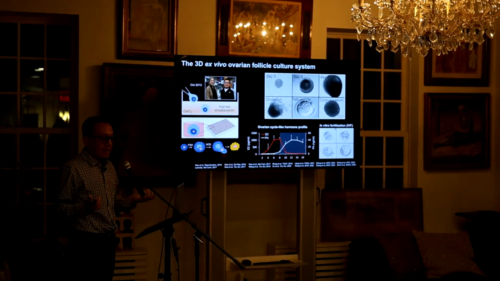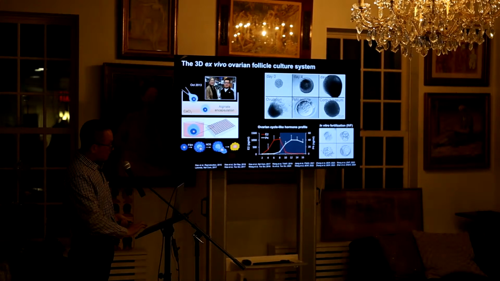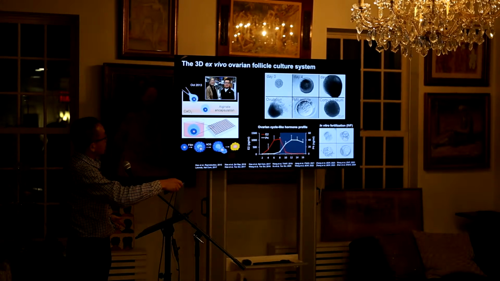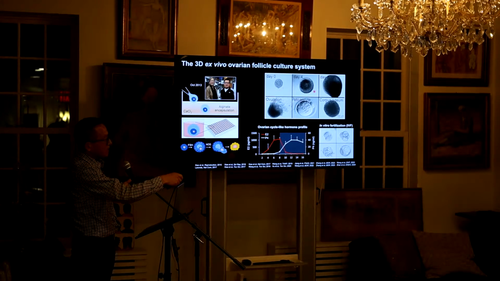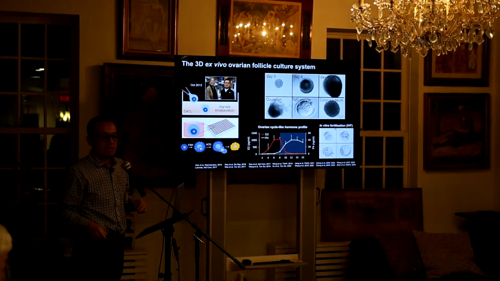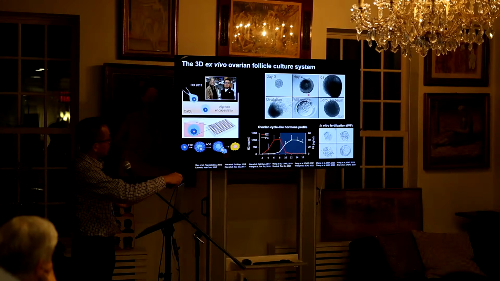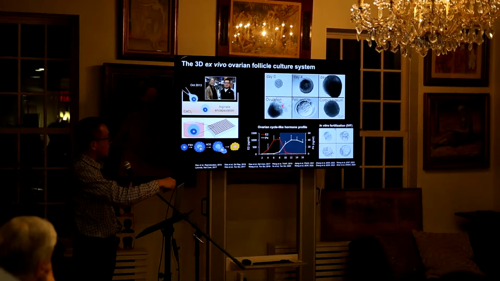And then they are pretty happy, they can grow, and we can give them FSH, and they can develop from, for example, the secondary stage on day 0. If we culture them for 8 days, they can grow to the early antral stage on day 4, and then to the fully mature antral stage on day 8. On day 8, if we give them LH or hCG, the LH analog, they can respond and ovulate. You can see the follicle rupture on one side only. They can mimic what is happening in vivo, and then they can ovulate the egg with polar body extrusion.